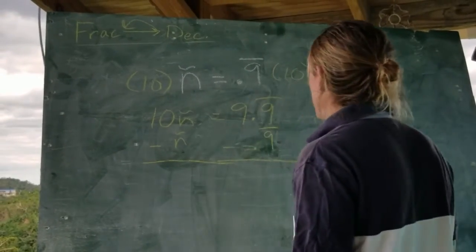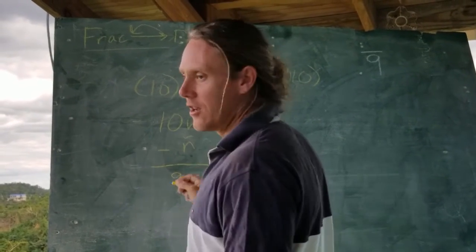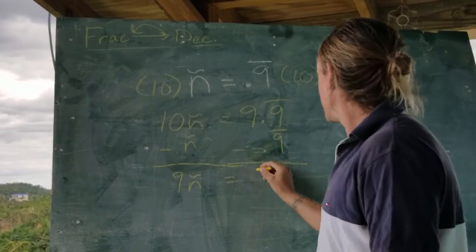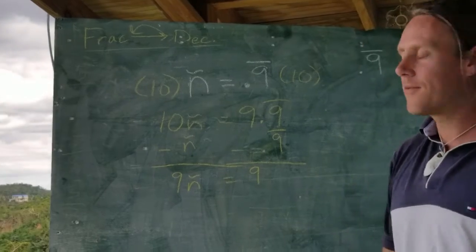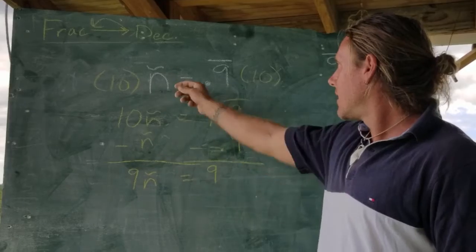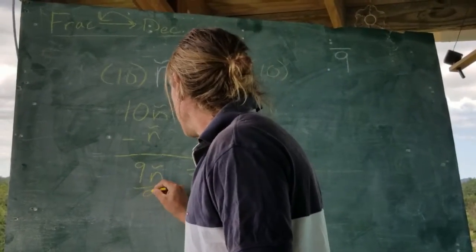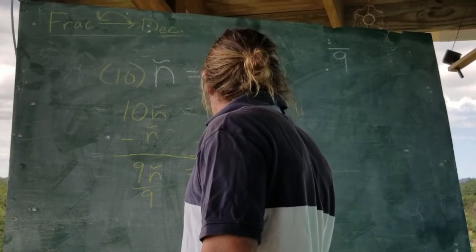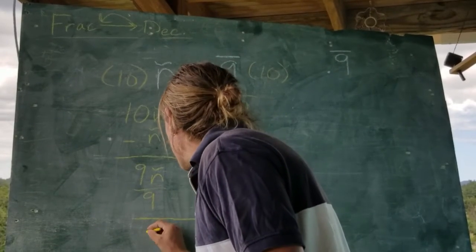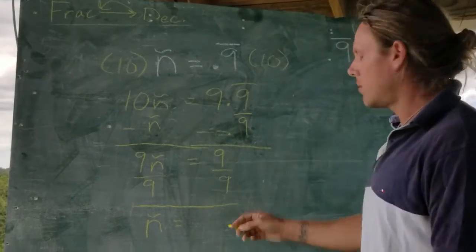So if we subtract both of those, we are left with 9 enye is equal to, these will cancel out, 9. Hey, we're home free. All we have to do now is divide and get the variable by itself and substitute, and we're good. So we'll divide each side by 9. The yellow chalk's not working too hard anymore. And we are left with enye is equal to,